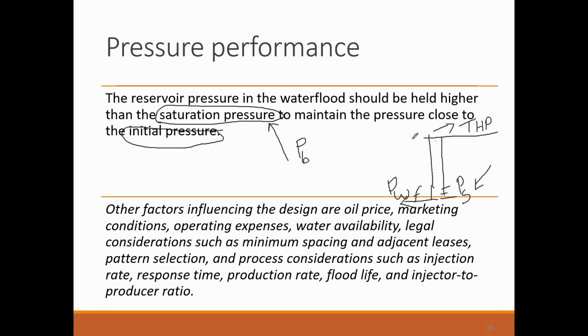You might have heard about the Christmas tree and the blowout preventer that is kept on top of any wellhead. Every wellhead, BOP or Christmas tree has a certain rating. So if your tubing head pressure is very high, let's suppose in the range of 5000 psi,